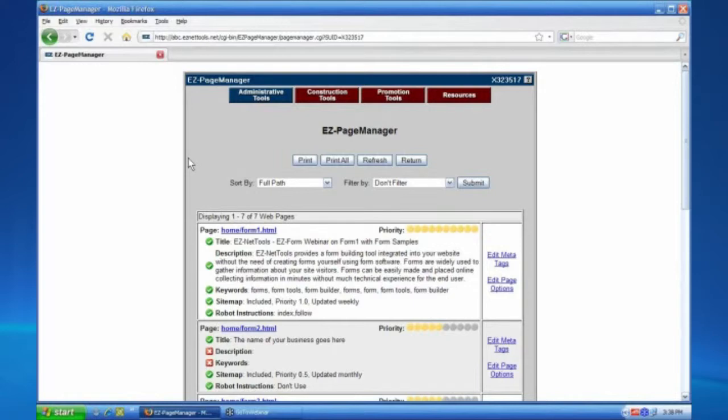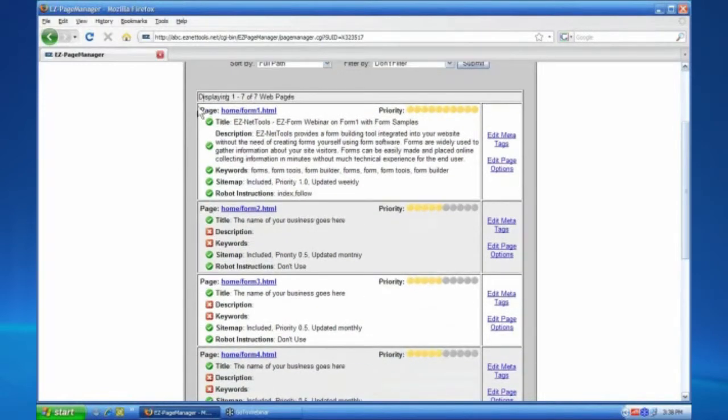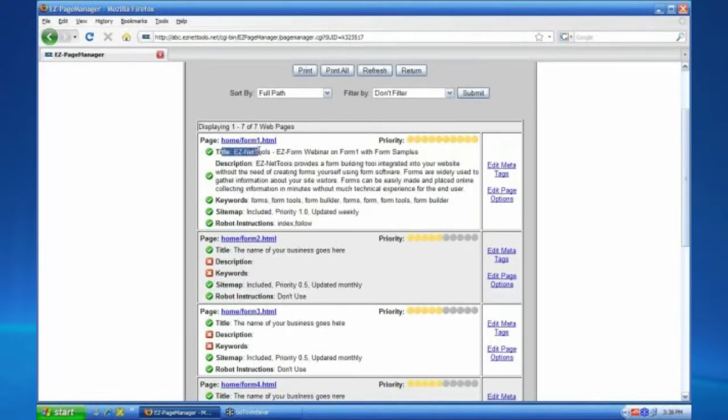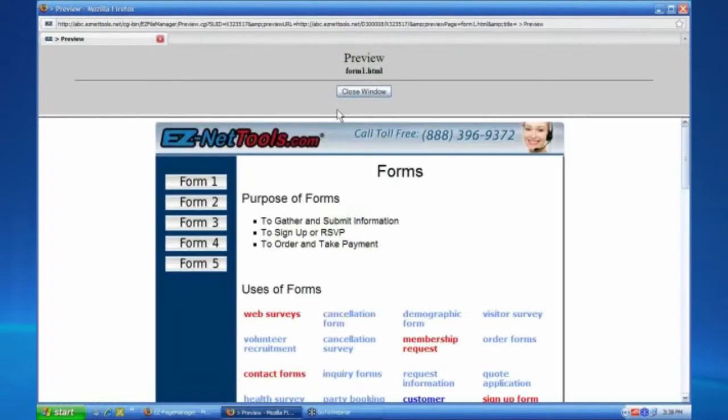This is a page that lists all of the web pages on your account that were built using Easy Page Builder. As you can see here, we're displaying 7 pages. They're all titled, and each page has a link to the location of that file, and we can actually click on this and preview the file, which is very helpful,